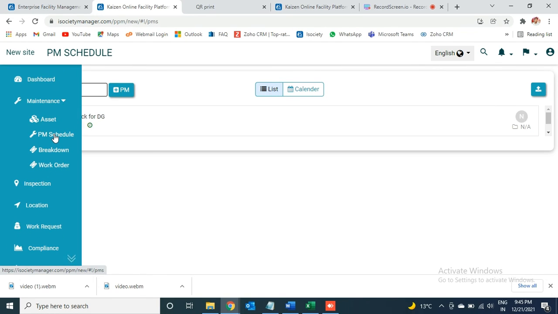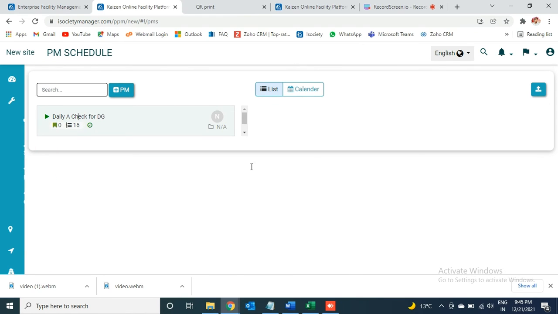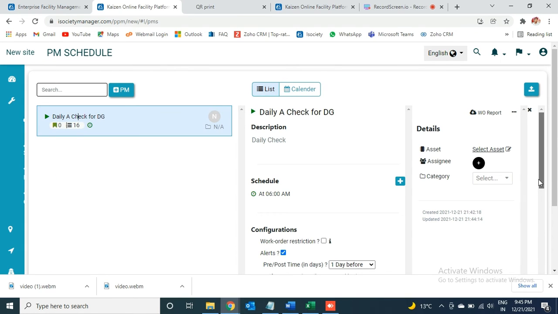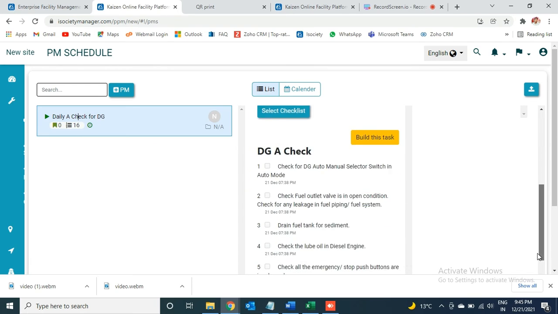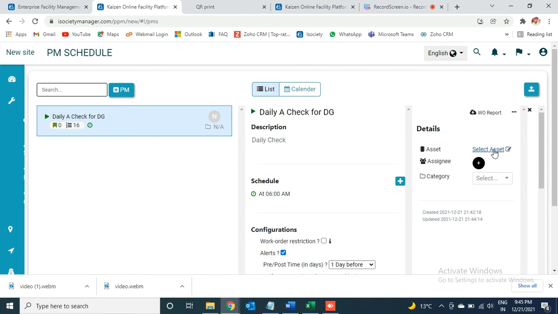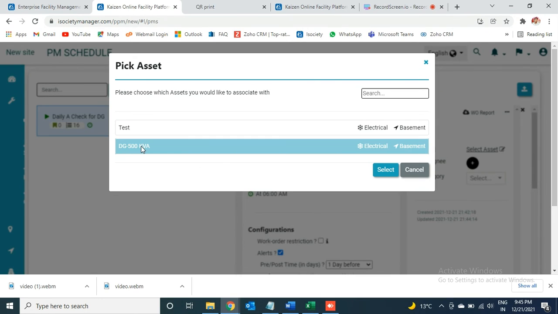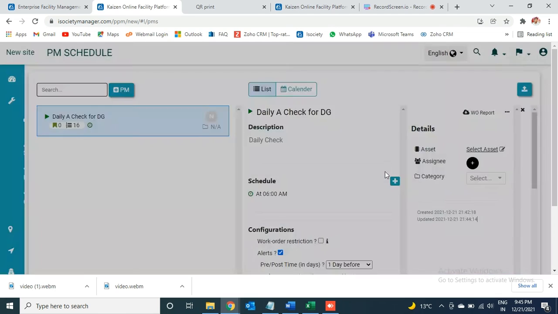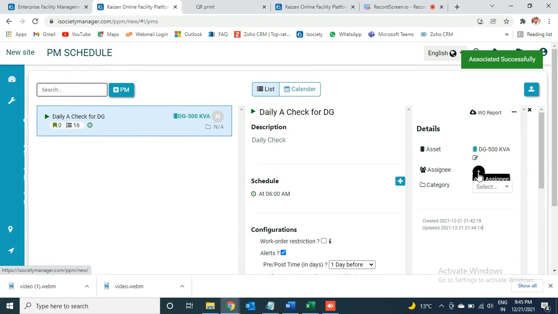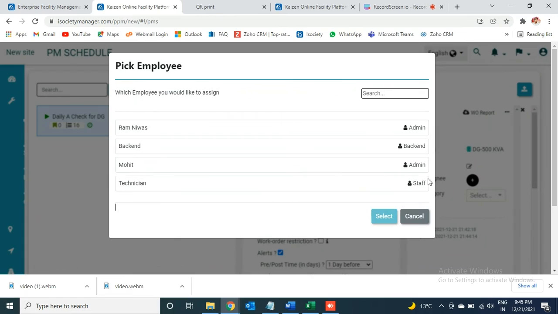So now I'm again going to create my PM schedule. You can see my checklist is already here. Now the next process is to assign the asset, for which asset we are going to create the PM schedule. For this example, I'm taking the DZ 500 kVA. The next option is add the employee. You can see staff.